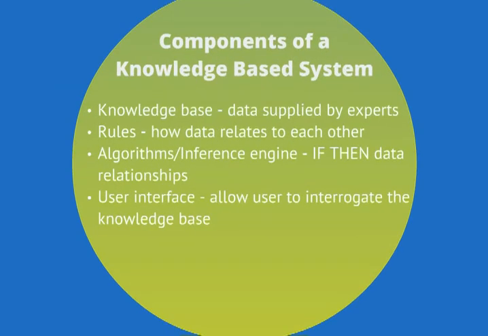So this is what makes up a knowledge-based system. It's made up of these 4 parts, and just try and think of something in the middle where all the knowledge is stored, and that's everything that an expert would pass on, all the data that's put into the system. Then you've got a set of rules which relates all the data together, and then you've got algorithms, which is just if then. So if